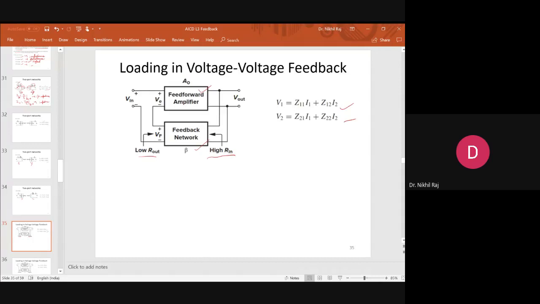Now in the beta network, if I want to model with respect to two port, it needs high Rin. If I am modeling with Z11, so Z11 is,